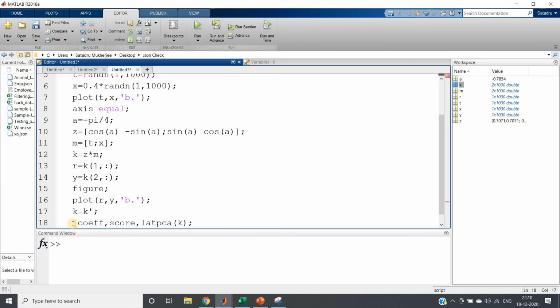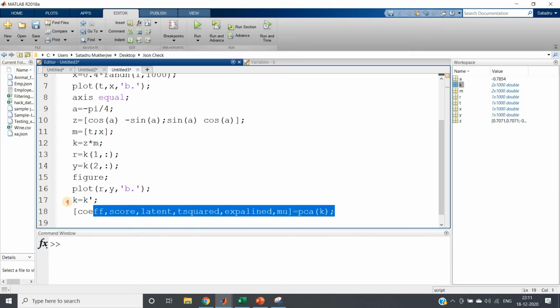The rest you can explore from the documentation. Okay, latent, these many output parameters we can get.